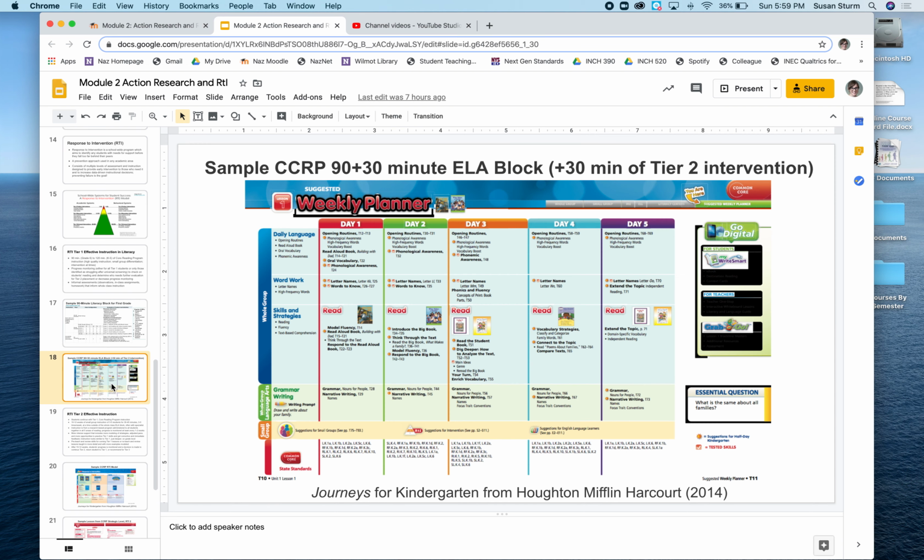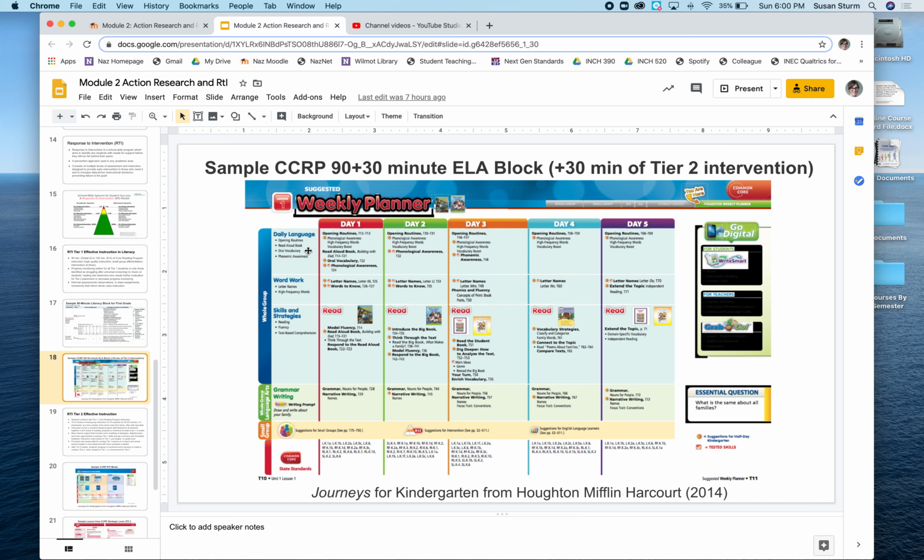Here is an example of a core comprehensive program. This is the Journeys program from Houghton Mifflin Harcourt, and this is what a weekly planner looks like. So it's very similar to that 90-minute block I showed on the last slide. And you can see there would be 30 minutes later of Tier 2 intervention after this, but it's going to